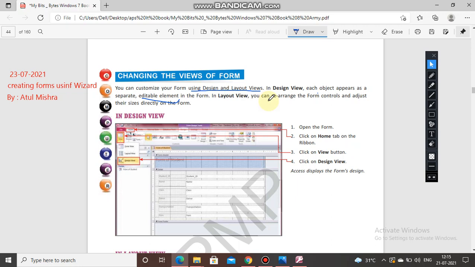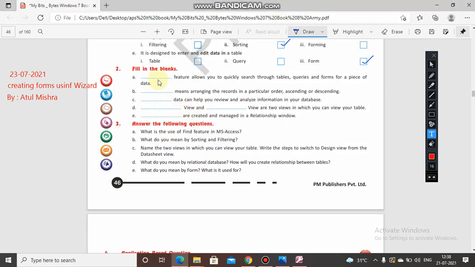Find feature allows you to quickly search tables and queries and forms for a piece of data.